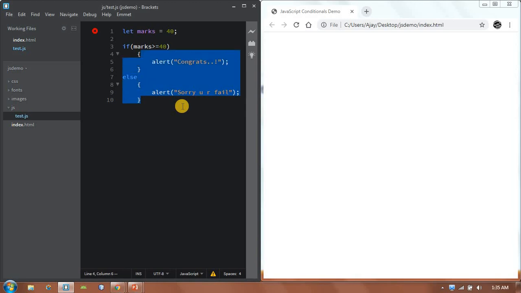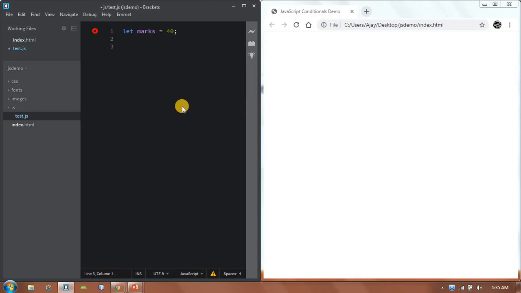So what we'll write here is, we'll use three conditions. If marks are greater than 75, then I can say the student is in distinction. If marks are from 74 to 60, then I can say it's a first class.